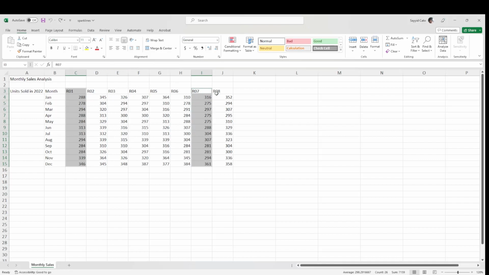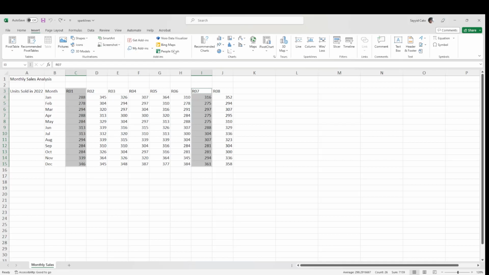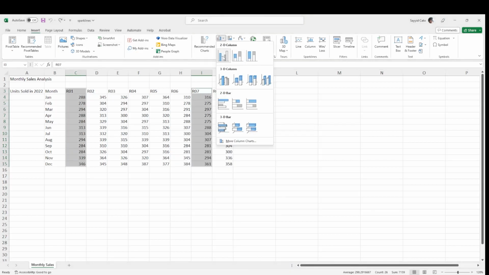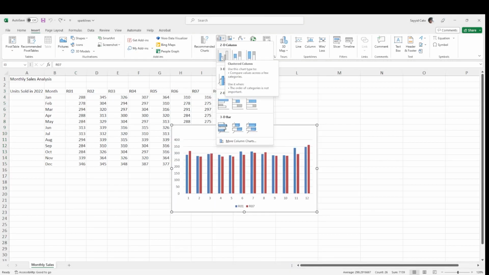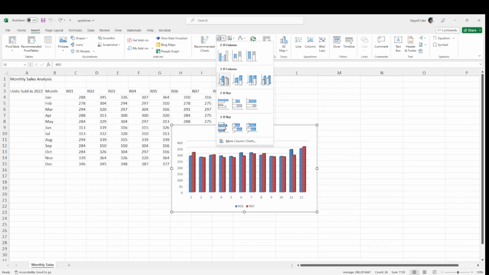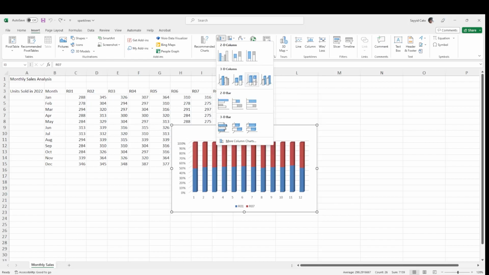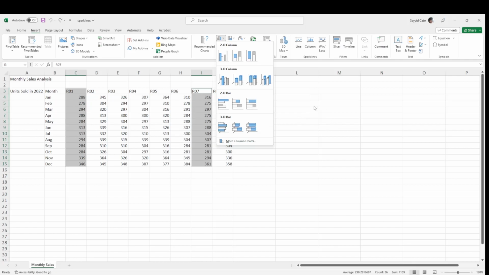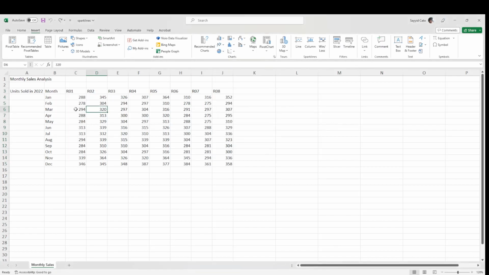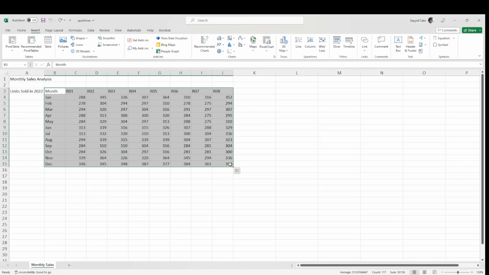So without holding down Control, I was able to select region 7 as well, and then I could repeat those steps for regions 1 and 7 so that they can be compared accordingly. All right, so two ways you could select